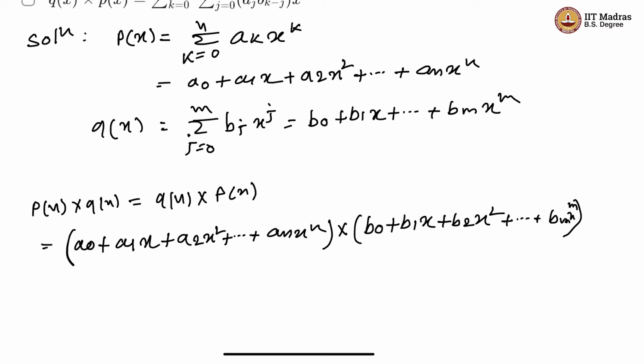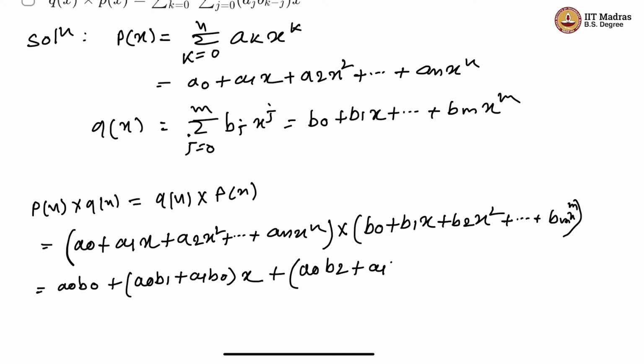Okay, so we can break them, and after the multiplication we will get the constant term as a0 b0, plus a0 b1 plus a1 b0 into x. This is the coefficient of x. Next, a0 b2 plus a1 b1 plus b0 a2. This is the coefficient of x squared, plus